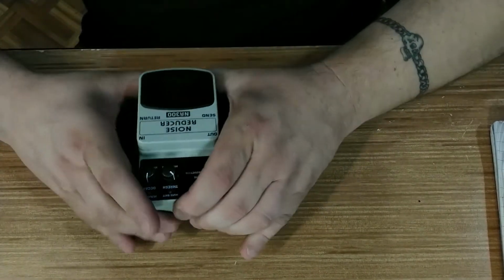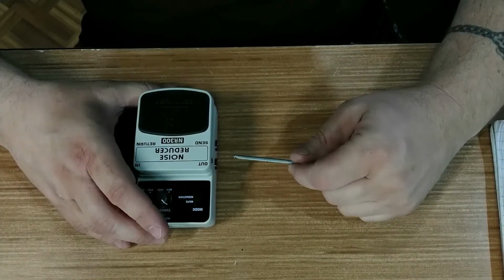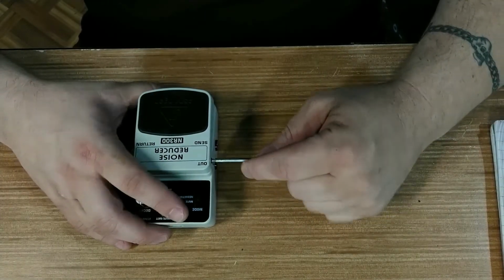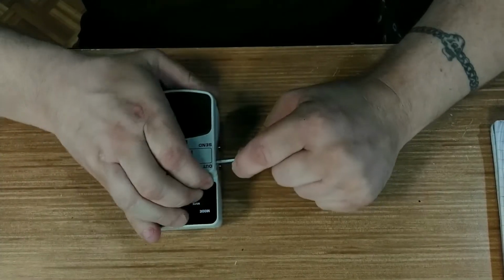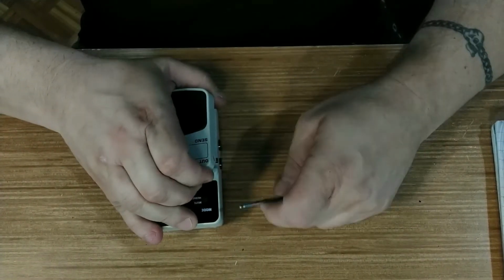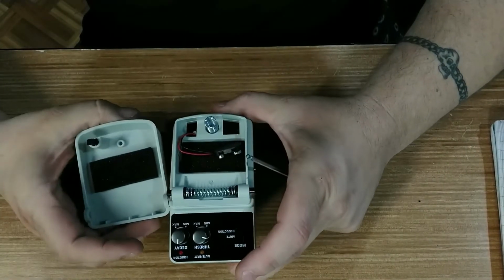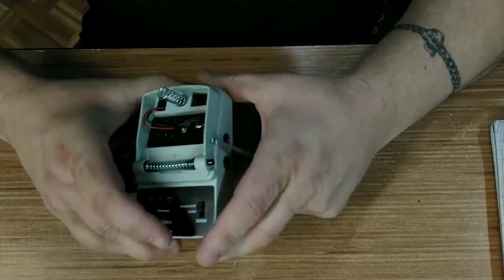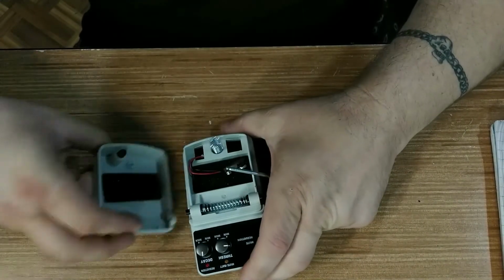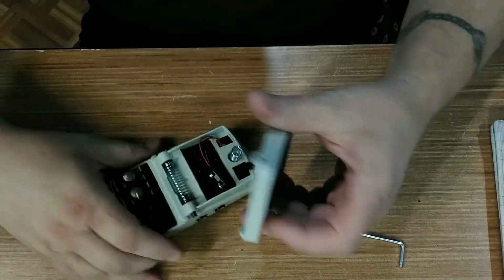9-volt adapter. Now you're thinking, hey RJ, what's up? How do you do with battery? Does this thing take a battery? Some at this price point don't. They're usually really tiny and they don't have room for a battery. This one, you access it just like that. This pushes in, pull the top off. All right. It can be a little tricky the first couple of times you do it,